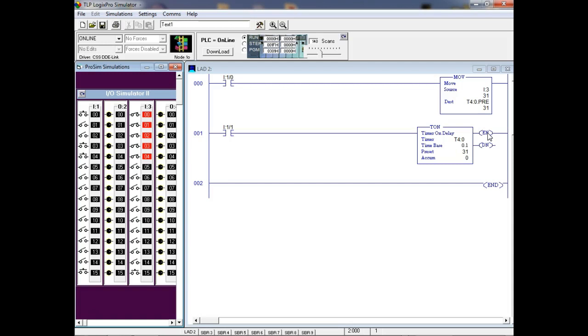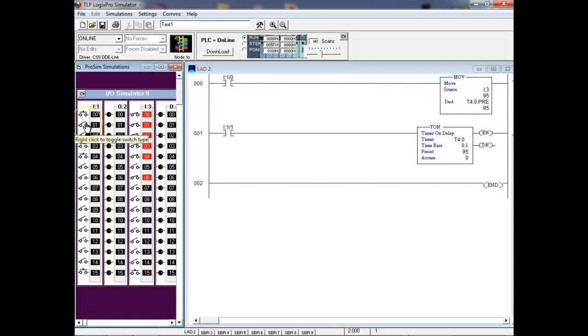Does that make sense? And the accumulator keeps up with where it's at. So it's counting the same time as the timer. I can't change the multiplier, but I could change this value. So let's make this value bigger. I got the timer on. Okay, so watch, I'm gonna load it,